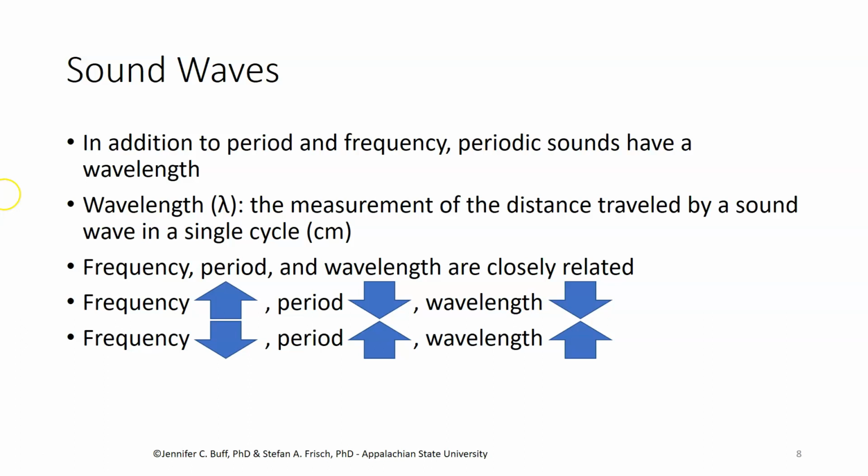These measures we have of a basic sound wave in terms of frequency, period, and wavelength are all related to each other. As the frequency of sound goes up, or if a sound is higher in frequency, its period is going to be a shorter duration of time, and its wavelength is going to be a shorter distance. A sound that is lower in frequency has a period that is longer in time or longer in terms of a distance covered by one wave in space.